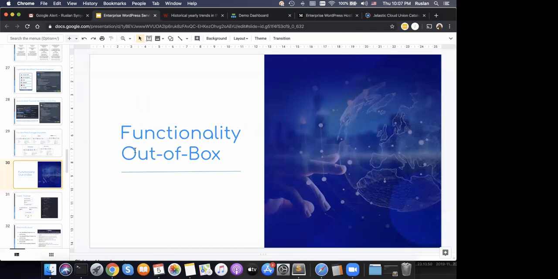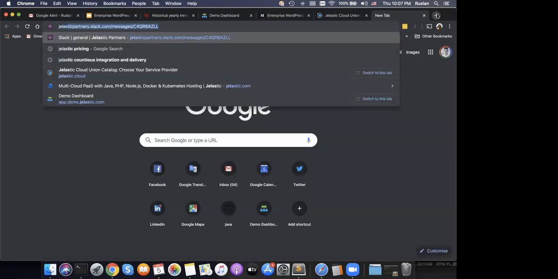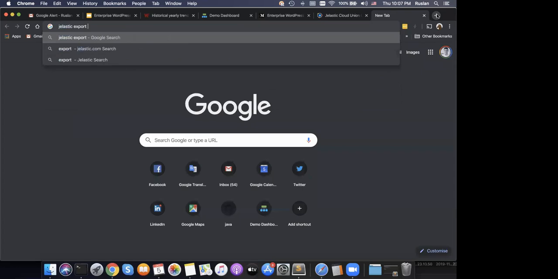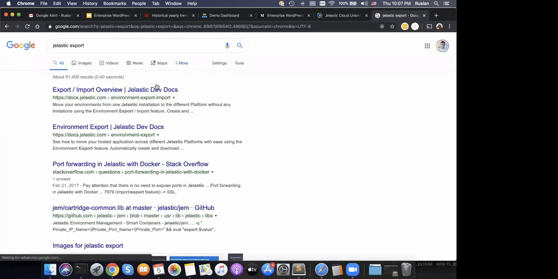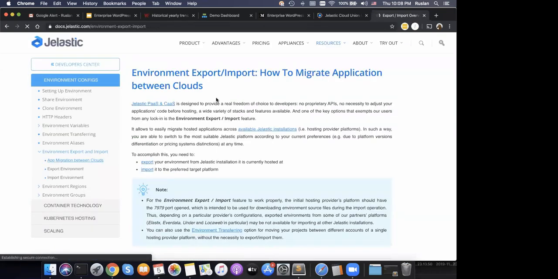Just to add here, just to clarify that we have a special system for that. We have a special functionality that helps to import and export. So this is a rather automated process. Anyway, you have a possibility to migrate. But of course, if the project is complex, it's better to contact Jelastic support for us to help you and not to have any issues with this process.